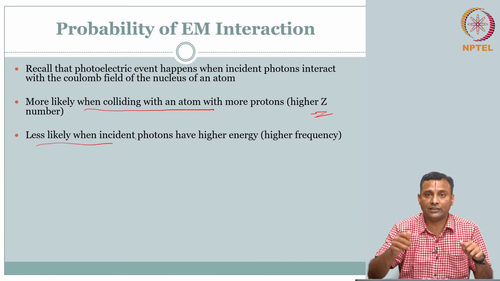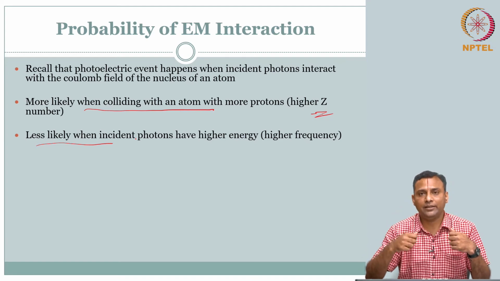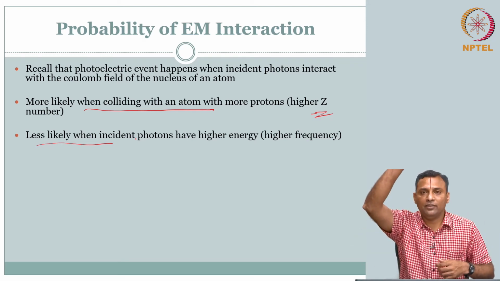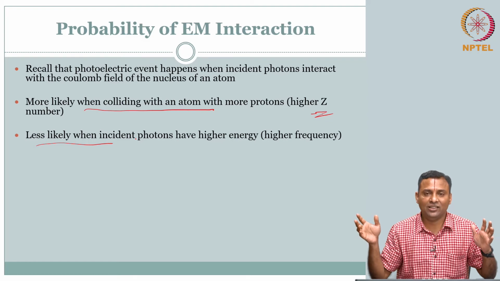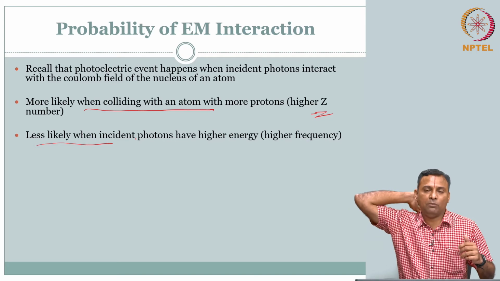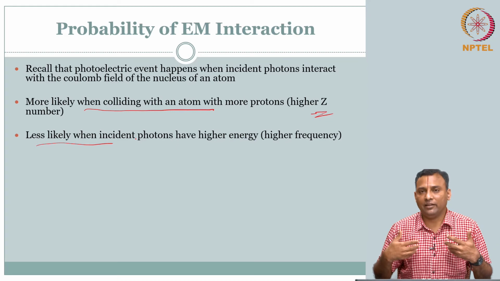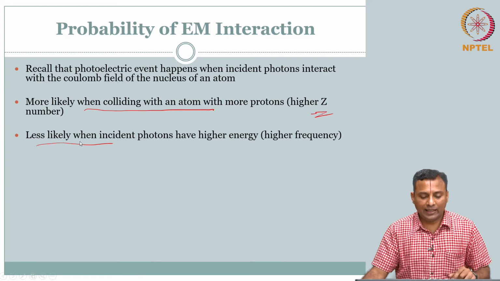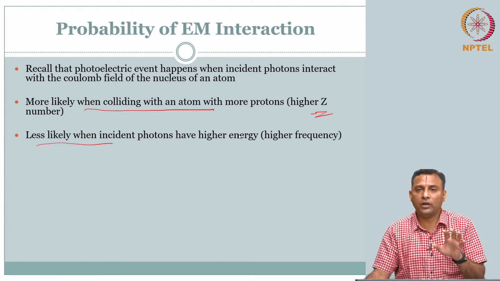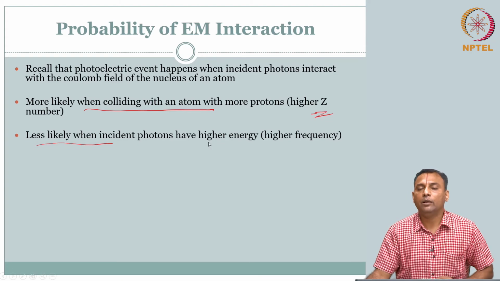The chances of interaction go up if the energy is not way too much. If the energy is way too much, I won't interact with them. I'll just run through, they will all fall apart, I'll keep going. So I won't lose much energy in that sense. So what is the fun? I send some energy through, it doesn't interact with the tissue, it comes out. I don't get anything from that. So it is less likely when the incident photons have higher energy. So you have to look at some energy level that is conducive for maximizing the probability.